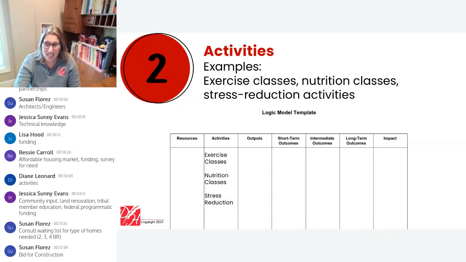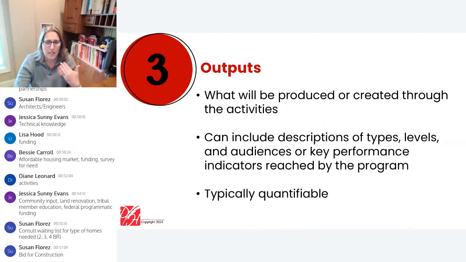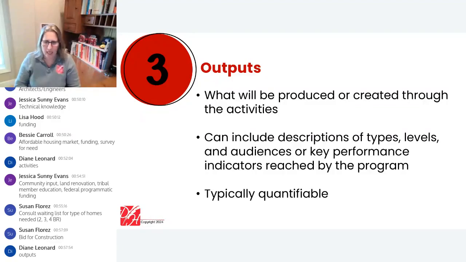So we're going to continue. We started with resources, then we put in our activities. Now we get to think about our outputs. All right, let's put outputs here in our chat. And we will be thinking about the things we produced, created, completed, things that we can quantify is the best way to think about your outputs. I almost verbally just gave some examples for people on the line based on what you shared. No, but it's your job to think about what you're going to count. What are the things that you might be able to count and report to a grant maker? It's a nice way to think about it.